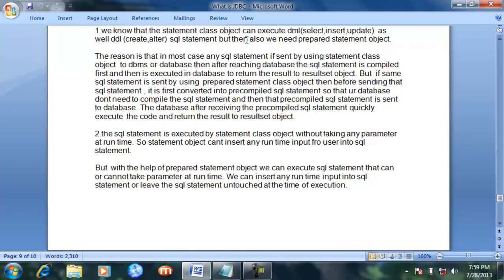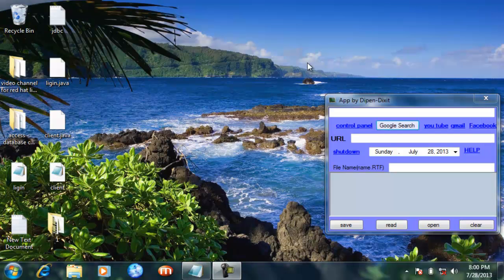We know that the statement object can execute DML as well as DDL SQL statements, but then also we need the prepared statement object. The reason is given here. So you have seen what mainly the difference is between the statement class and the prepared statement class.